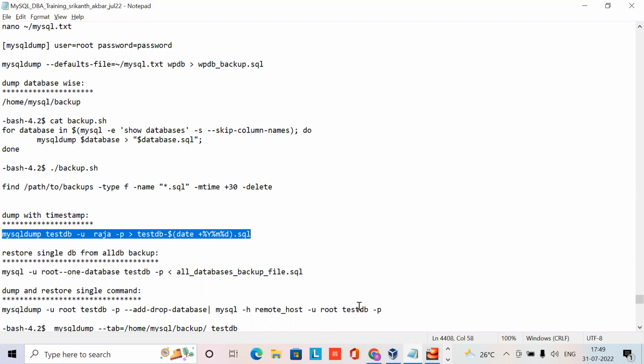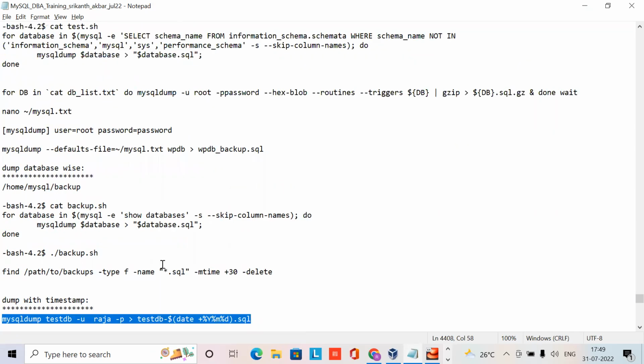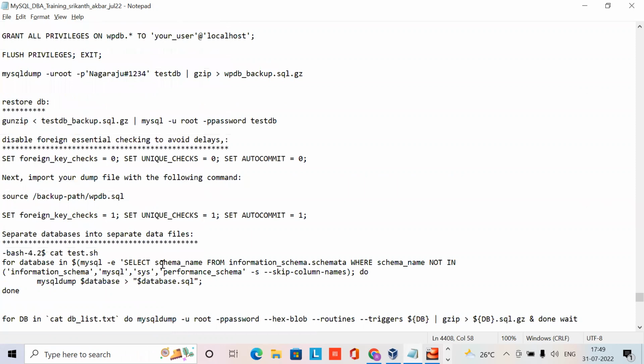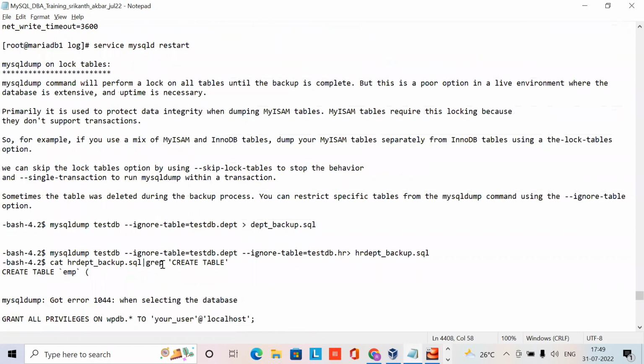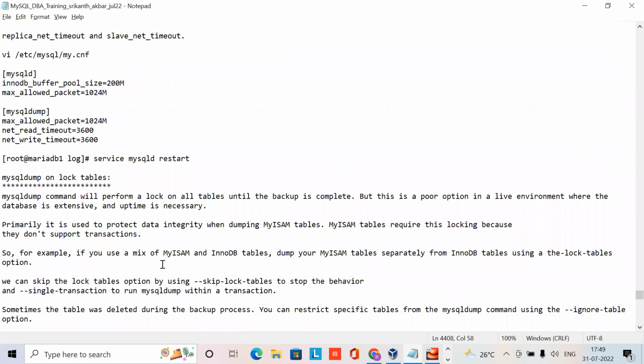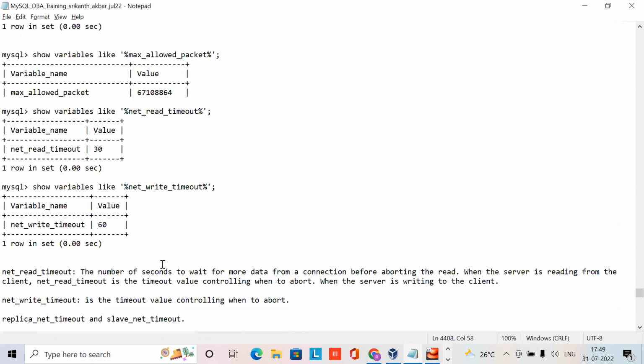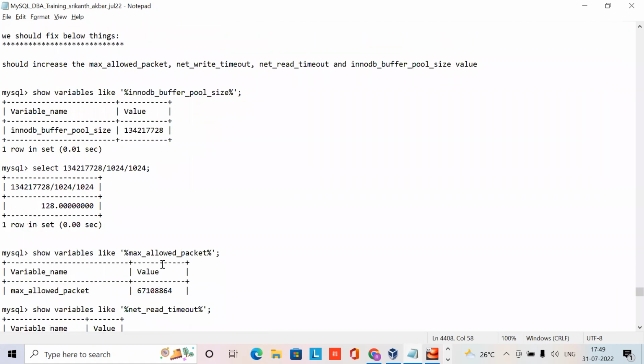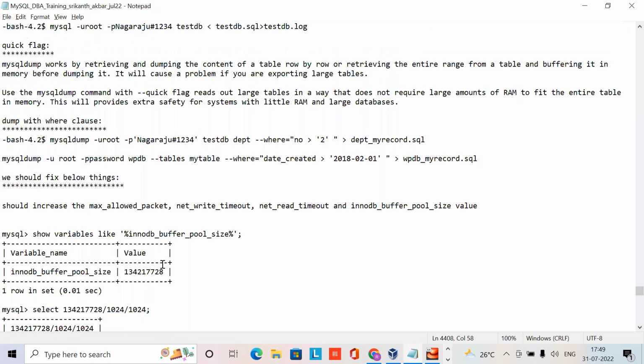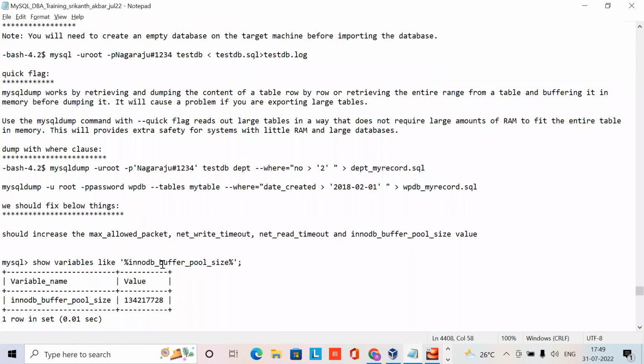Previous types. A lot of people are not aware of this one. In 5 series, this option is not there. Whenever you are taking all databases backup, restore is not possible. Single restore is not possible. You need to do some manual work, then only it is possible. But now that option is there, you no need to worry. If you have 10 databases backup with you, a single database you can restore from the dump,